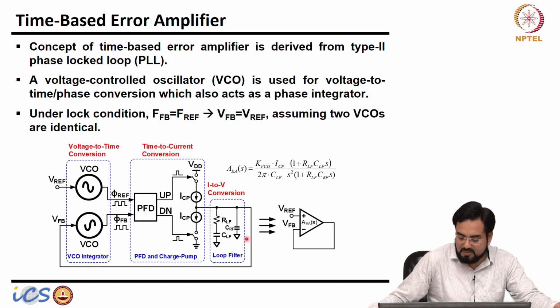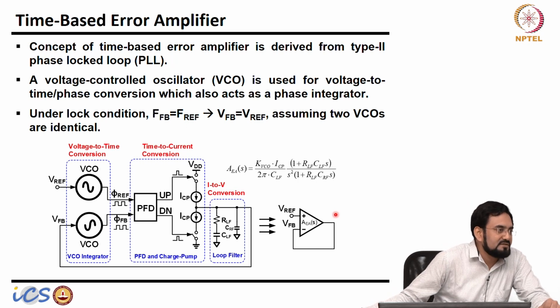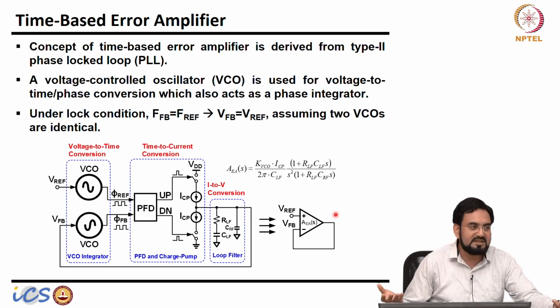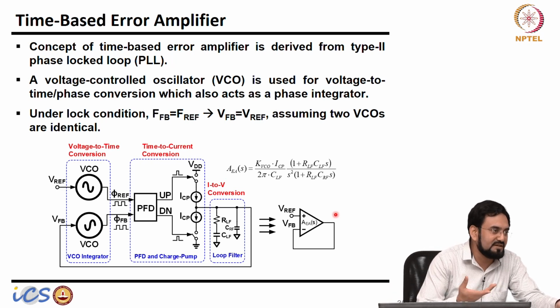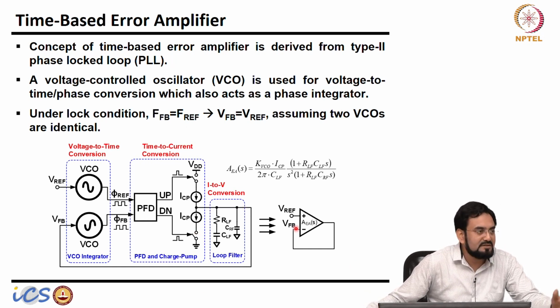So this parallel combination of these two, we have to make sure that is pushed outside your UGB, otherwise it will become unstable. So now this is behaving like a unity gain feedback amplifier. Okay, and if you look at an LDO, it is nothing but a non-inverting amplifier, but with a high current drive. That's the only difference. So this cannot drive high current, so we need to add a power FET.